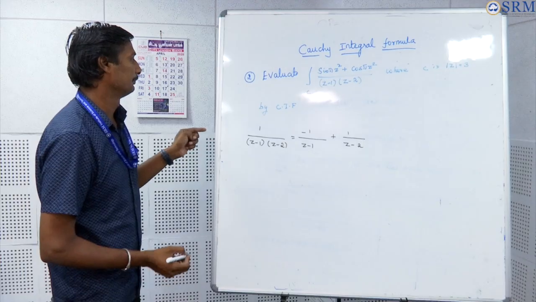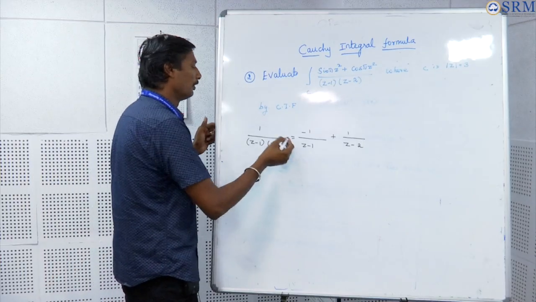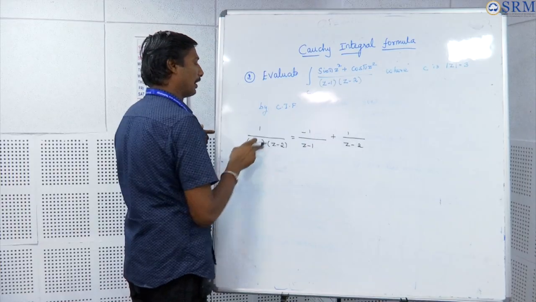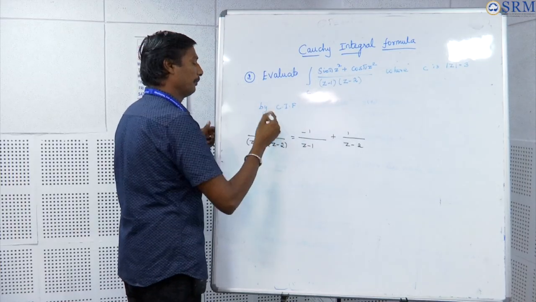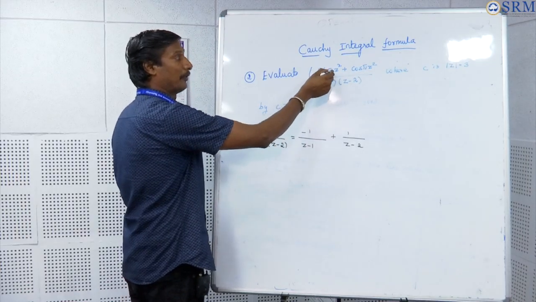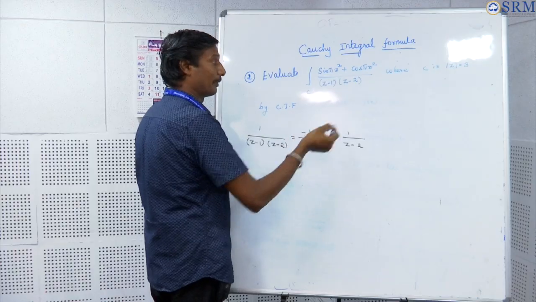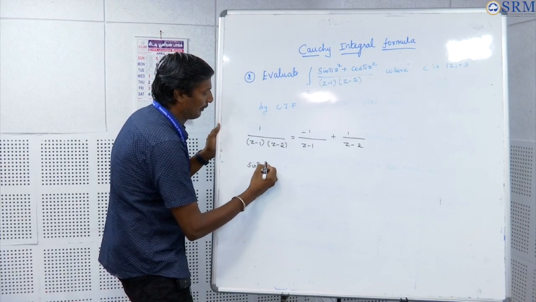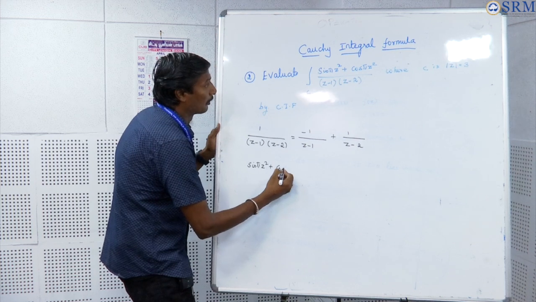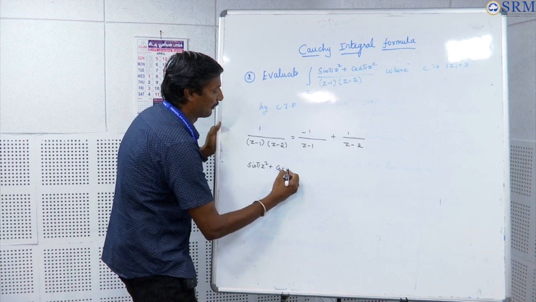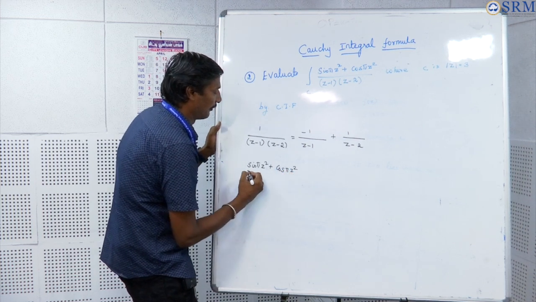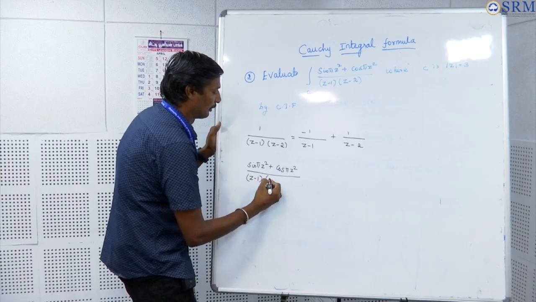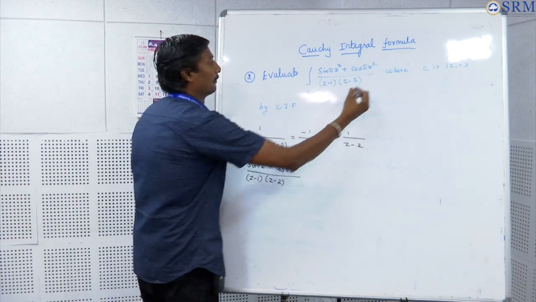Now you see the problem, Z minus 1, Z minus 2 there. What is missing? The numerator term. So what is the numerator term? Sin pi z square plus cos pi z square, multiply on both sides. So we get sin pi z square plus cos pi z square divided by (Z minus 1) into (Z minus 2),